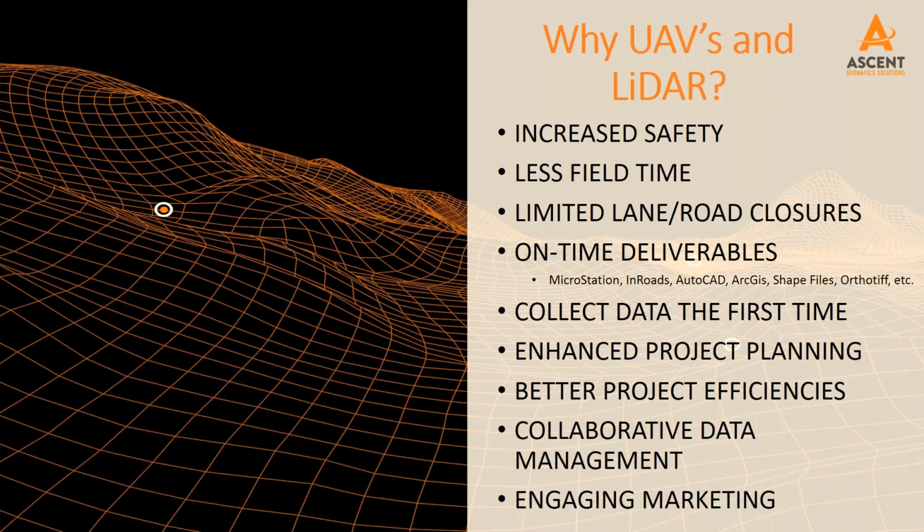Yeah, and also just for general thought there, it reduces the impact on the public too. So if we're using lasers or UAVs, we can get information behind fences, on people's property without actually having to go on there. So we don't have to go and impact and have to deal with that public outreach component necessarily to get that topographic information that we normally would have to do. That slows things down a lot and creates a lot of potential headaches for projects. Yep, that's a great point.